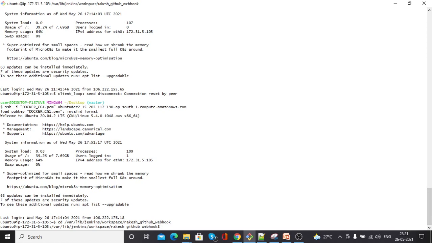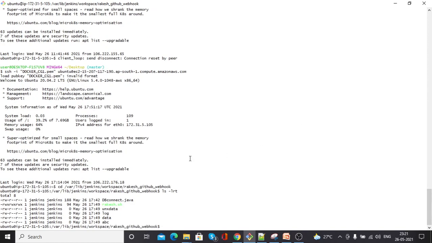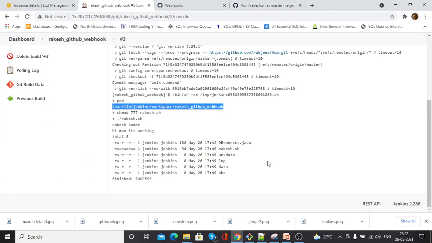Here no need to do any manual process, no need to schedule anything. So let's check. See, here we have created these files. So we have successfully integrated webhooks in Jenkins.